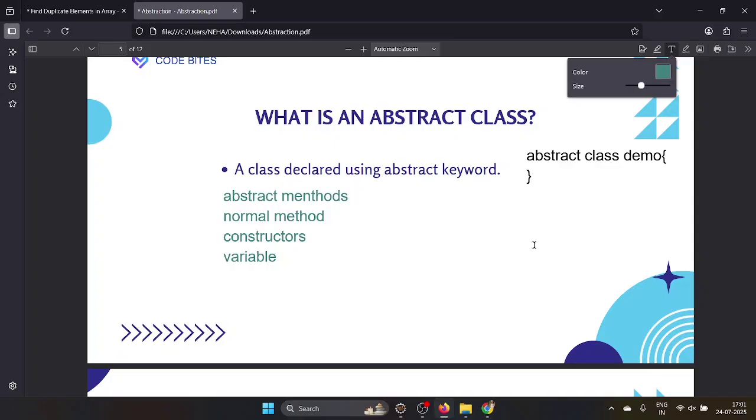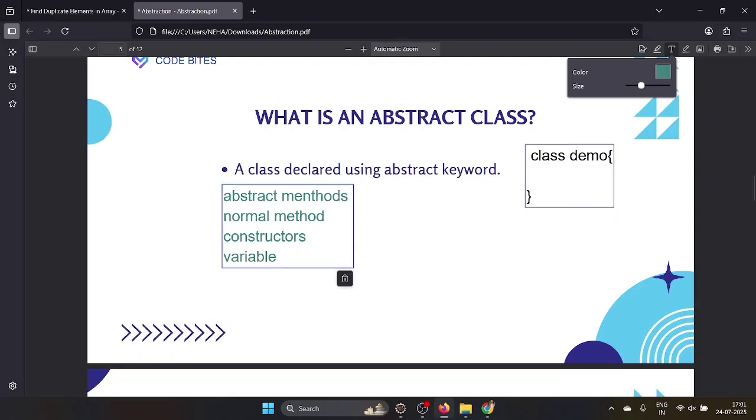I will give you one example. See here, we have abstract class Demo. I will remove this part. You will understand what I told you as the first rule. If you have an abstract method, let's take, I will give void display. This is a method, right? If you have written just the method signature, that thing we call an abstract method.